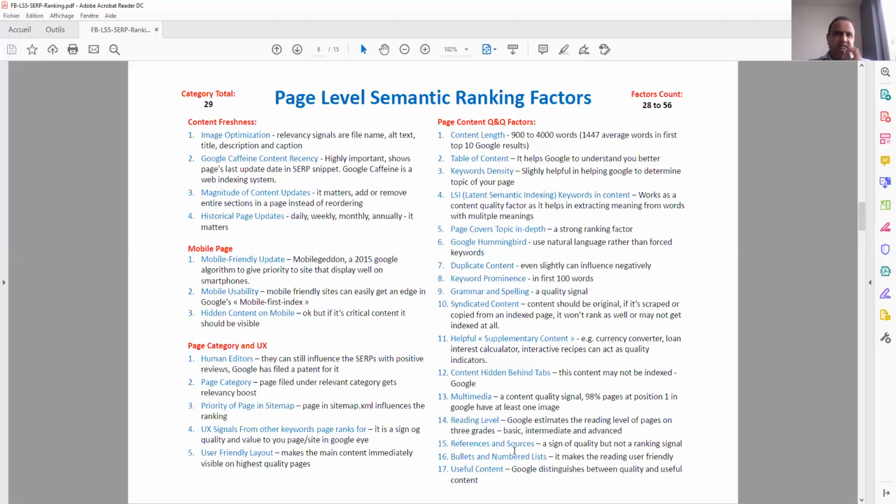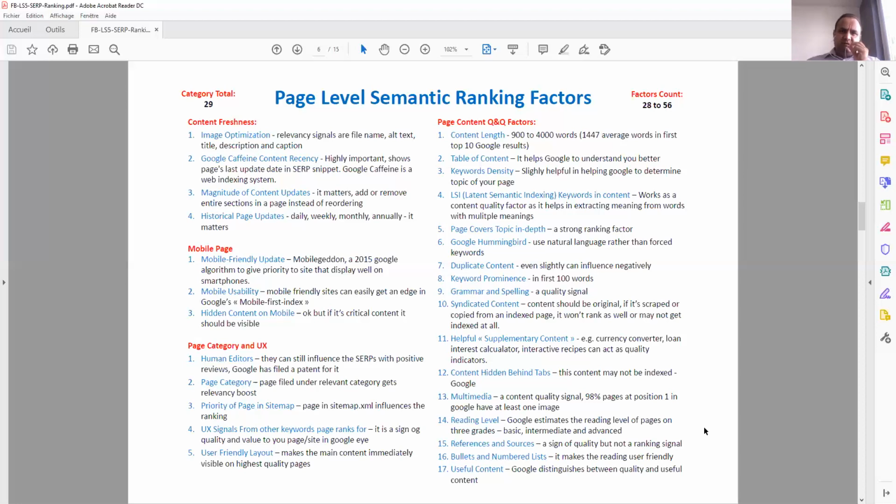Then we have the referencing and the sources. Well, it is a kind of bibliography, links we are talking about here. You try to use those links in between the content itself instead of listing them at the bottom. Try to use them wherever that particular reference is talked about and use it there itself. Then we have bullets and number lists. Obviously, this kind of listing and numbering of your content can help the users to make it a more user